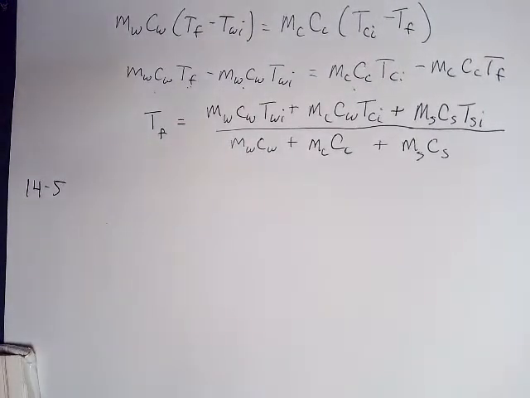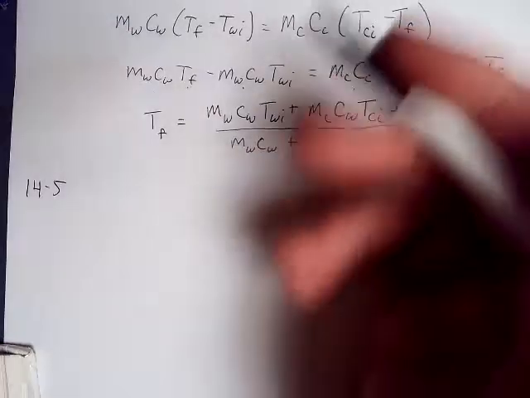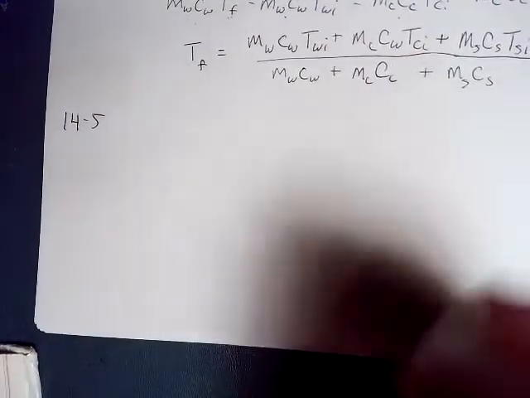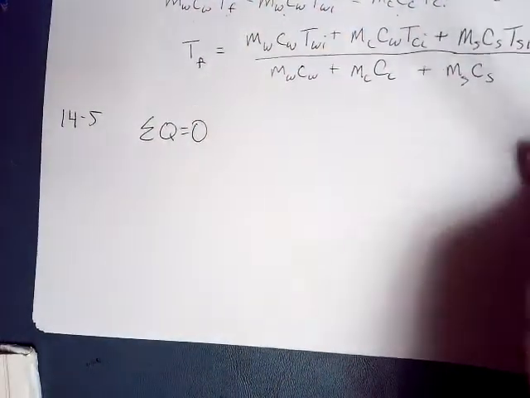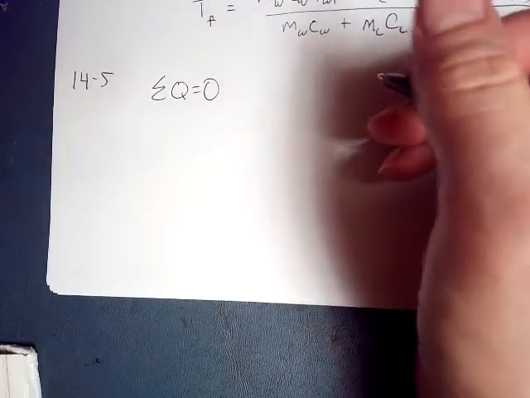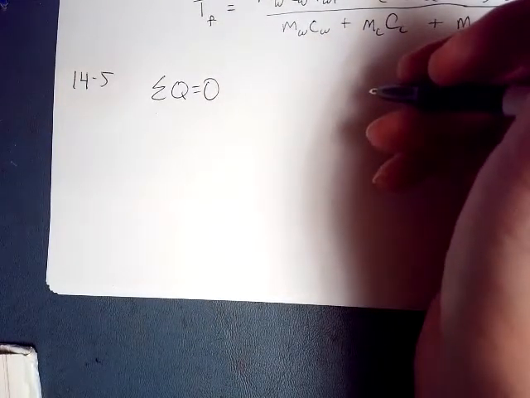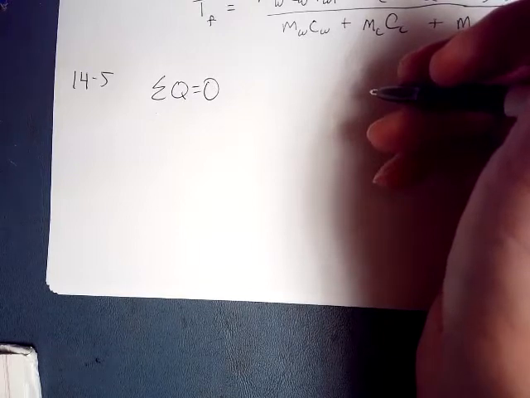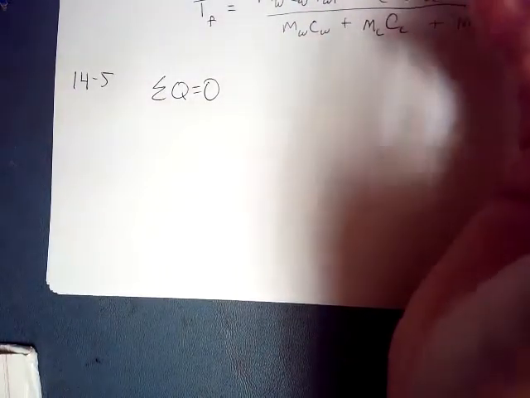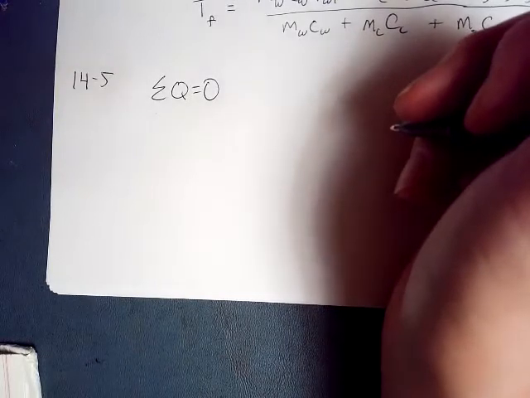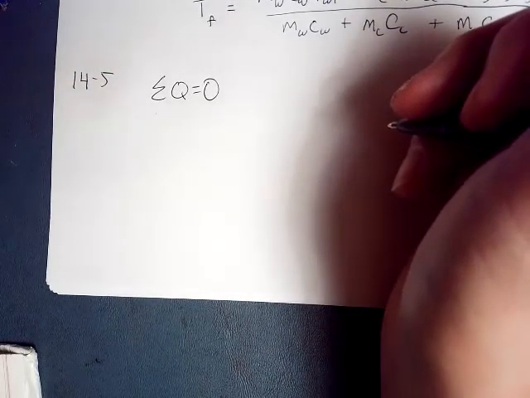Now 14.5, now we do have three objects. So the derivation takes that much longer, but we start again with the sum of the heat equals 0, where now we have what they call a calorimeter cup, okay, which basically functions as the teacup, except it's like a thermos. It's designed to not let any heat escape the entire system. And then we have the